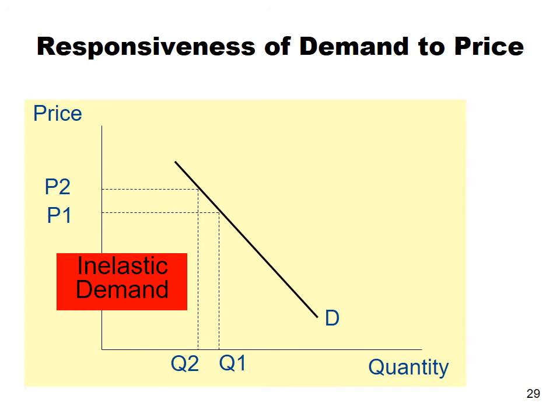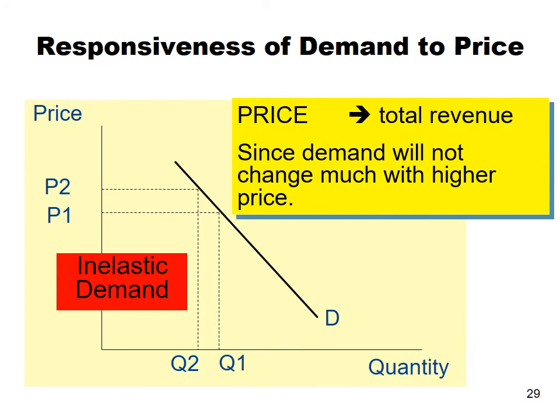So from here, the demand is inelastic. You see the line is very different from the previous one. The previous one is quite flat. This one is quite steep. So what you do is that you increase the price. Since the demand doesn't change much, you increase the price from P1 to P2, but the Q1 drop to Q2 wasn't a lot. So in this case, the bank can increase the total revenue, since the demand will not change much